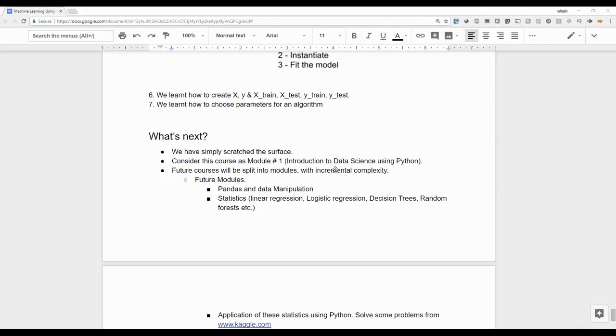But what we can do is take the top 10 algorithms that are commonly used, so that you get a general understanding of what these algorithms do, how they interact with data, and for a certain type of data, which algorithm should even be considered. And given a set of 5 or 6 algorithms, how can we evaluate which algorithm works best for your given set of input data? We saw a little bit of that in this particular course, but that's the whole essence of it, right? We will keep building